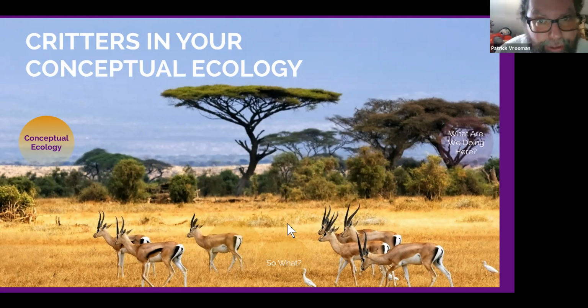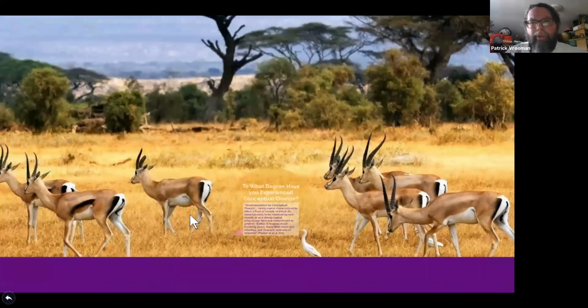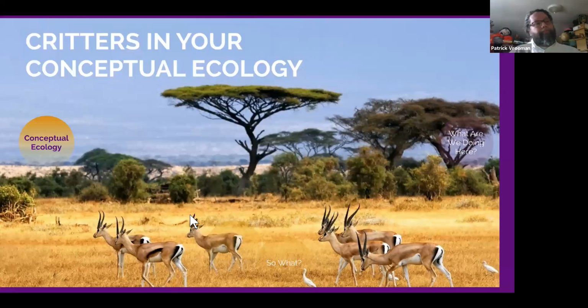Anyway, there are critters lurking around inside of our brains, like this picture is a picture of my brain, and some of it's like those tangled branches back over here, and some of it's got these gazelles, or I don't know what those are, and these birds, like there's all sorts of critters roaming around, and those critters have names. And those names were created by these dorky science education people who came up with the worst possible names for some of them. But let me introduce you to some of them.